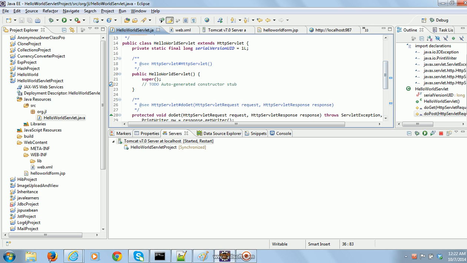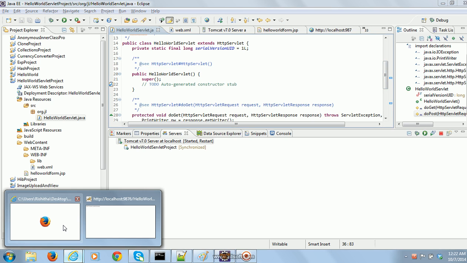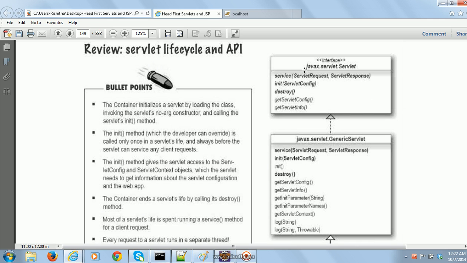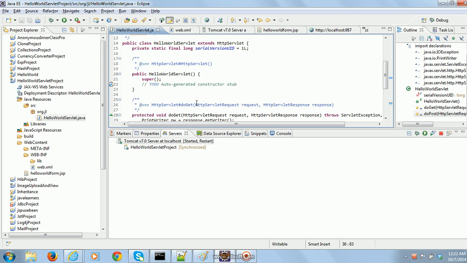Now my question is, when is your servlet object created? The servlet object can be created during startup itself. We will discuss that in the upcoming videos. There I will discuss the load-on-startup tag. And for now, remember that whenever